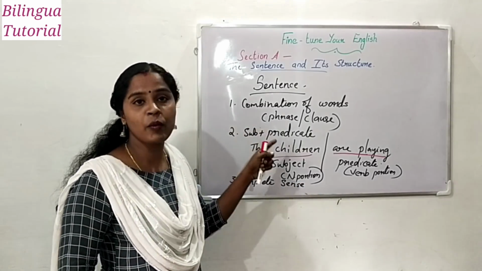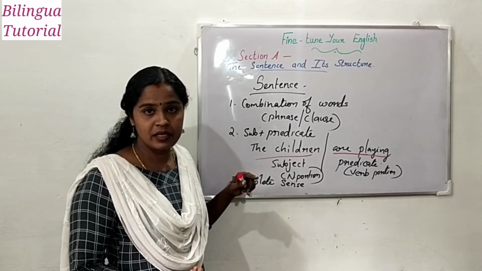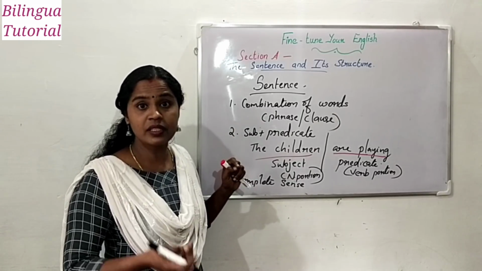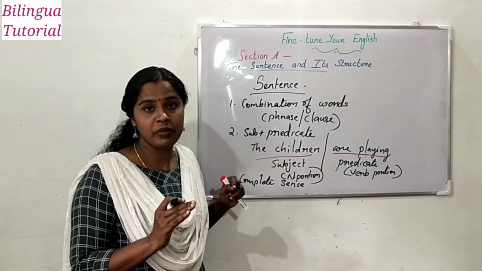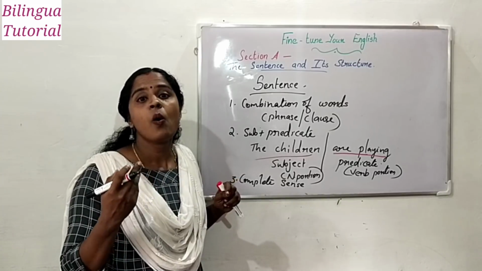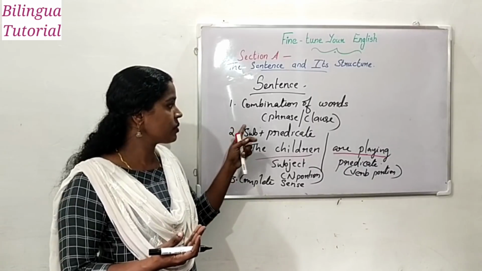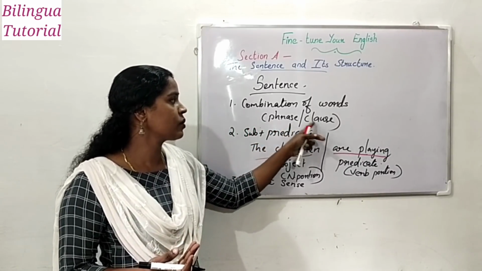So these are the 3 points we need to keep in our mind. This point, it is a combination of words. Sentence is a combination of words. So it is understood it can be a combination of phrases plus words, or a combination of clauses plus words, or a combination of phrases plus clauses,